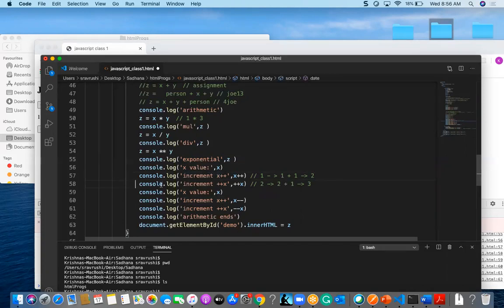And again, coming for this statement, the x value is 2, and it will give 2 plus 1, and it will become 3. That's post and pre increment kind of declarations.